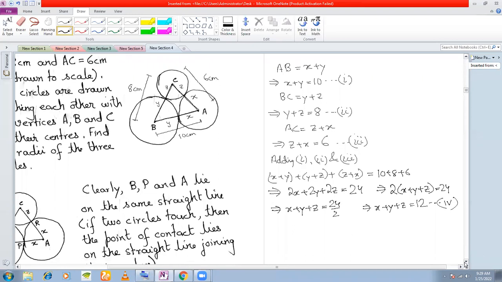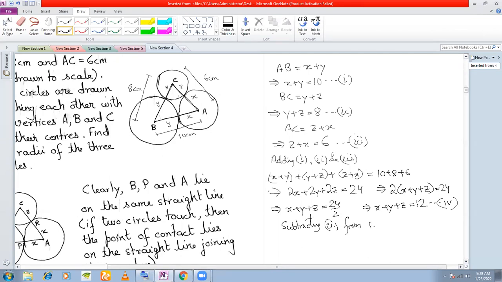Right? Now we need to use this equation number 4 to solve for x, y, and z. And from where have we got 4? We have got 4 from 1, 2, and 3. Okay. So how do we solve? How do we use 4 to solve for x, y, and z? See, from 4, if I subtract, let's say, if I subtract 2 from 4,